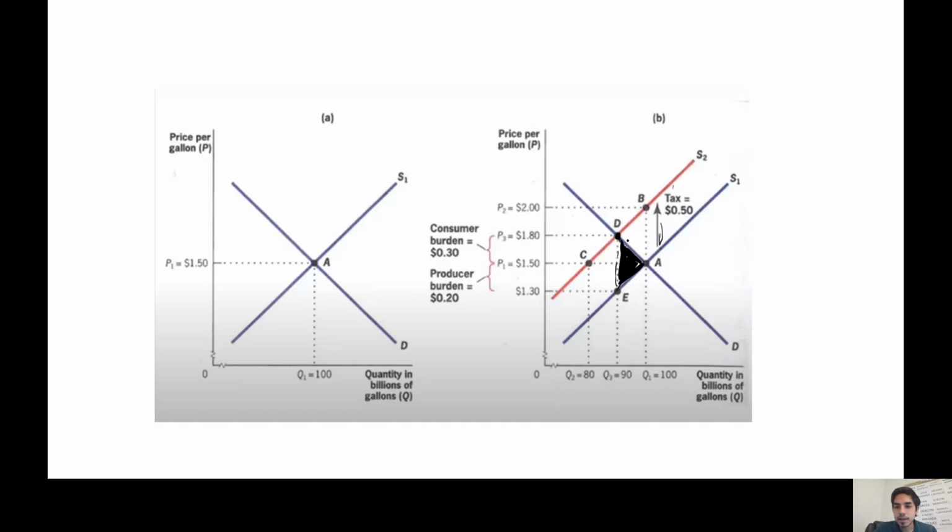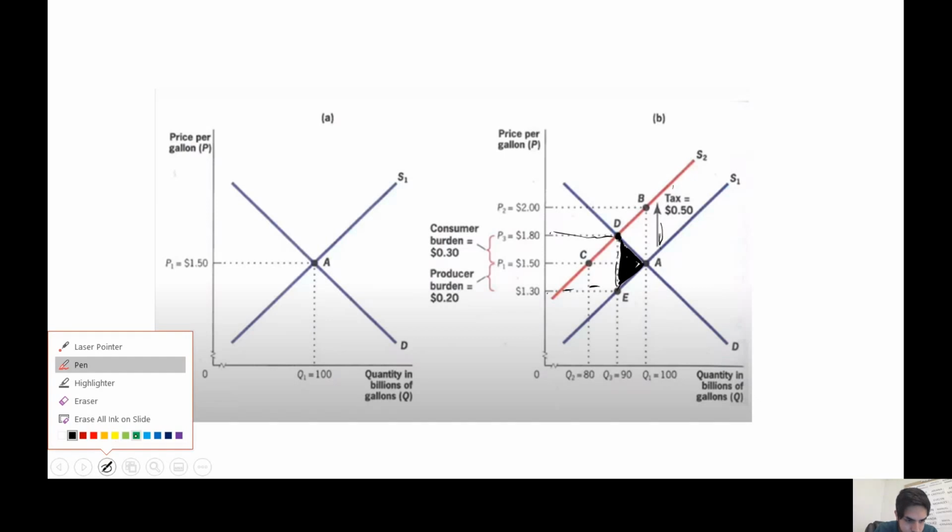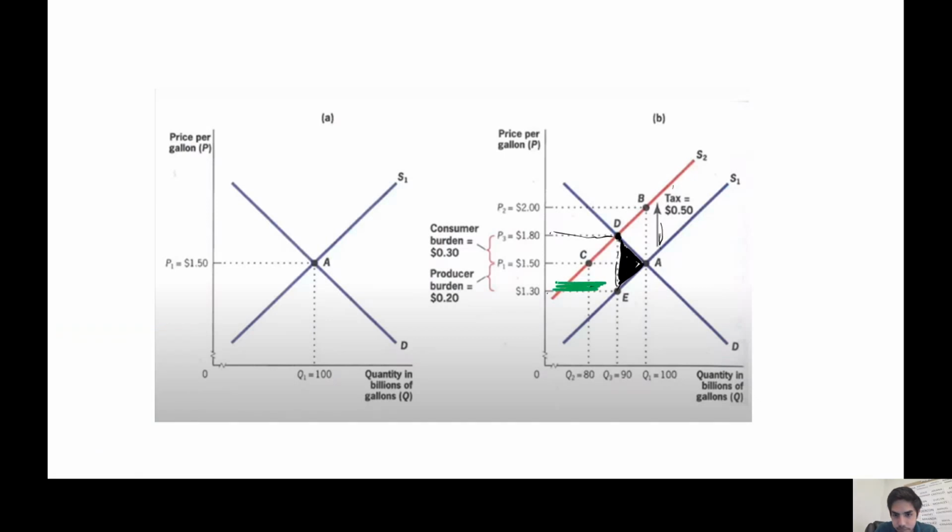And so we can see, if we shift the supply curve up by 50 cents, what we get is the way that we model this. By shifting the supply curve up by 50 cents, let me erase this, we're showing that there is now a gap between the price